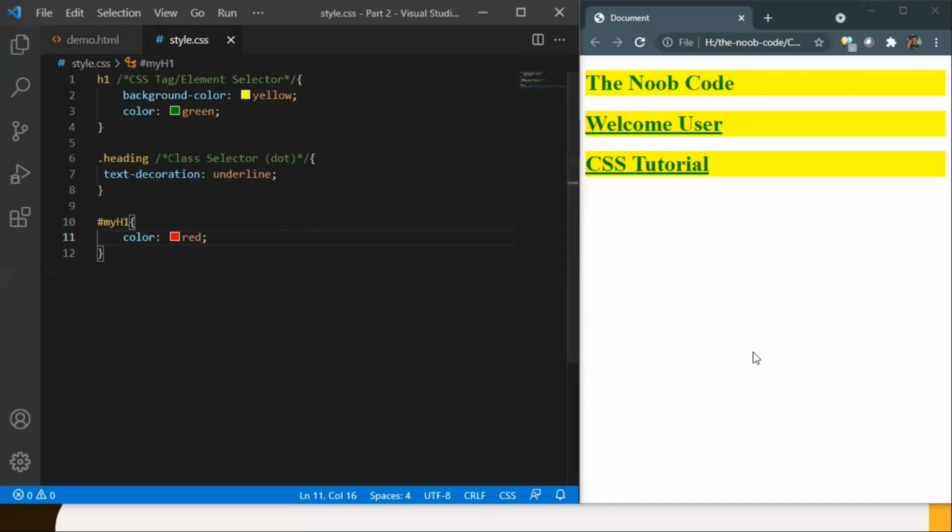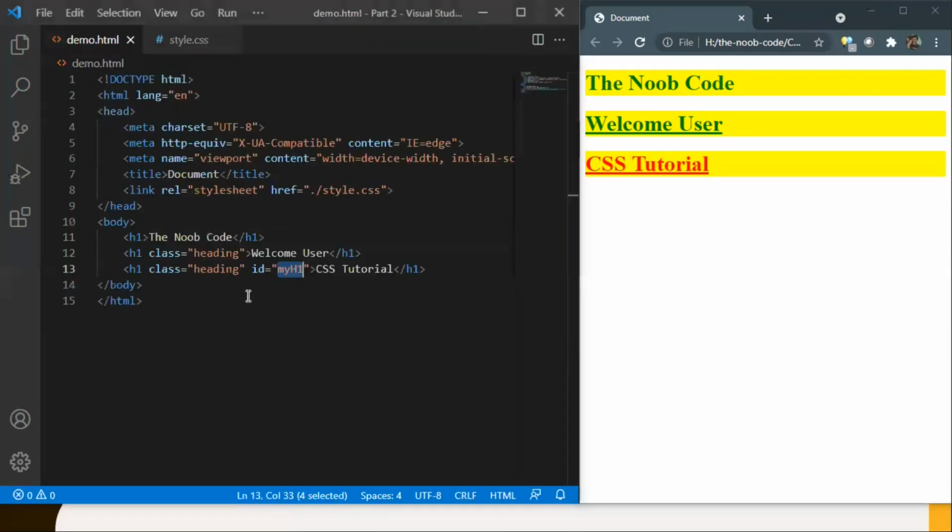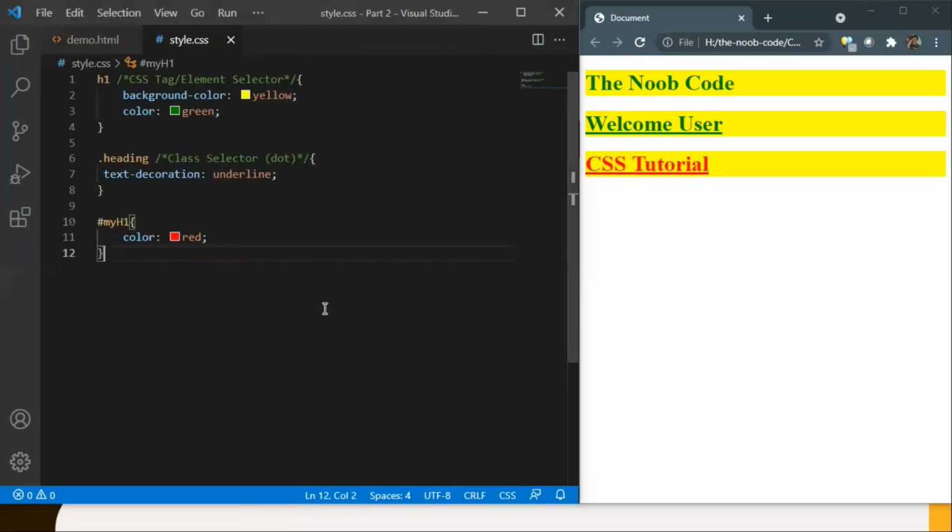A piece of advice here. If I try to style multiple elements using the ID selector, I can do that. I can put the same ID name on multiple HTML elements and then use the styles. This will work, but still don't do it, as this is not a correct HTML and CSS practice. Always use unique IDs for your elements and use the ID selector to style only one element uniquely.